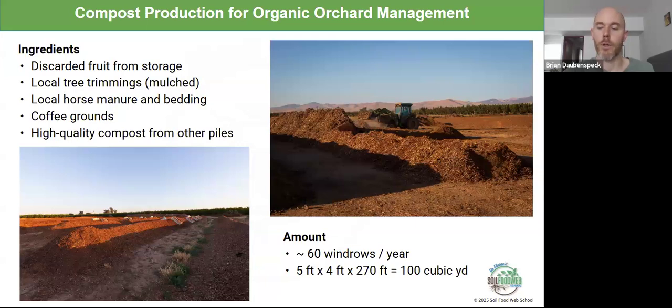We had tree trimmings from our own orchards and from other landscaping businesses and orchards around that we would use. There were a lot of stables around, so we used local horse manure bedding. Coffee grounds from a coffee distributor. After those coffee grounds were spent, they work well as a green material. And then as needed, high quality compost from other piles, kind of like when you do